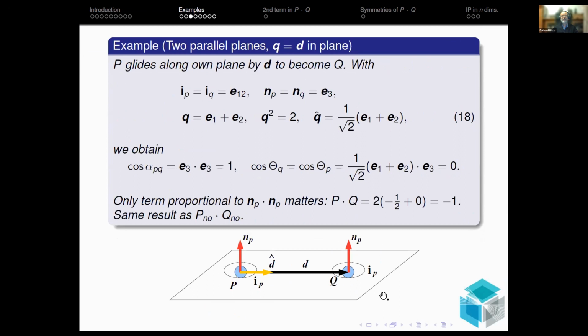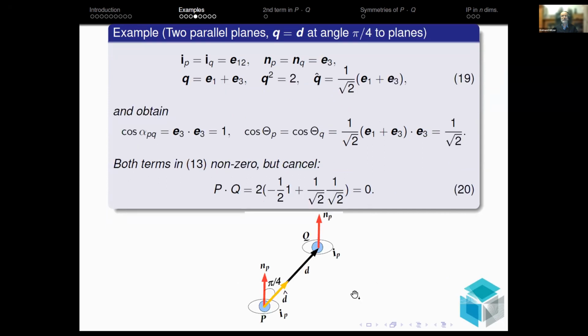And here we are in one plane, and the distance vector is also in that plane. And in that case, the result here is a -1, and it is the same result when I put the conformal point p no instead of p and q no instead of q. So in this case, the result is the same, but you get from the inner product of two conformal points